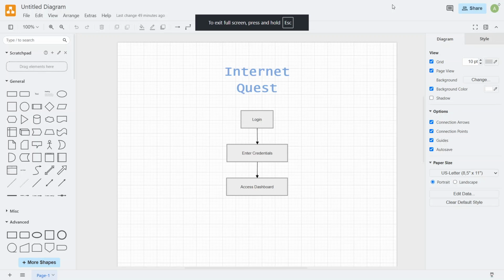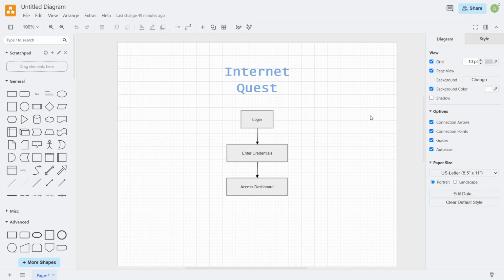In today's video, I'm going to teach you how to save Draw.io as an image. If you've finished creating your diagram and you want to use it in a presentation, document, website, or simply share it more easily, exporting it as an image is a quick and practical option. In Draw.io, which is also known as diagrams.net, this can be done directly from the top menu inside the diagram